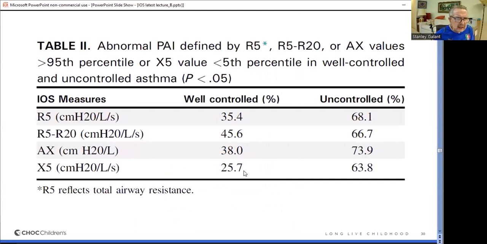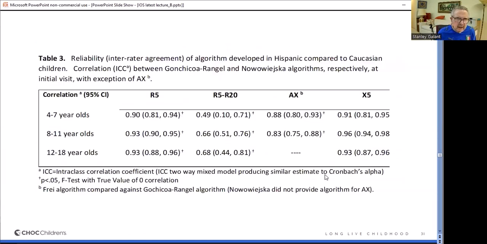Furthermore, what's very exciting, patients that were well controlled, as we showed previously, could also have peripheral airway impairment. Let's say 25 to 45%, that you would never know unless you did oscillometry, certainly was much higher in those patients who were clinically uncontrolled. And finally, we demonstrated that using reference equations from a Mexican population and a Polish population had